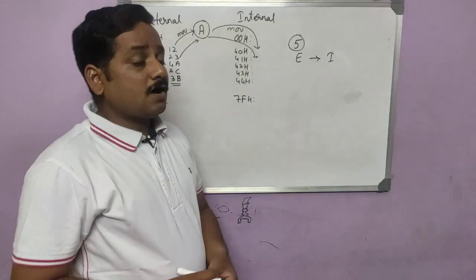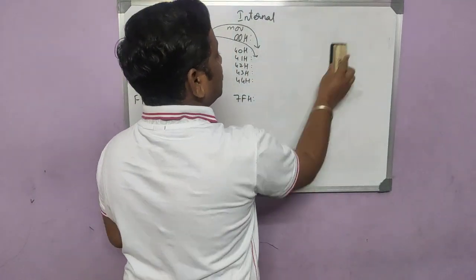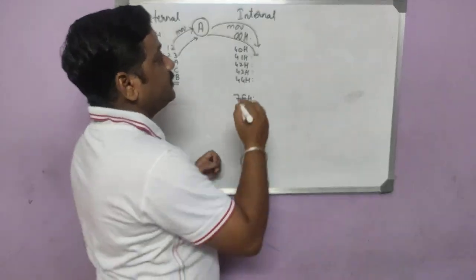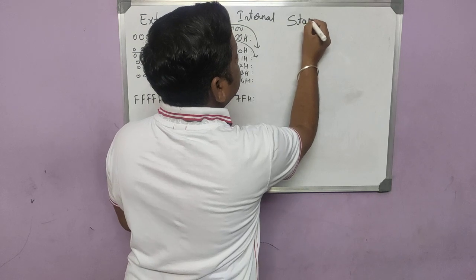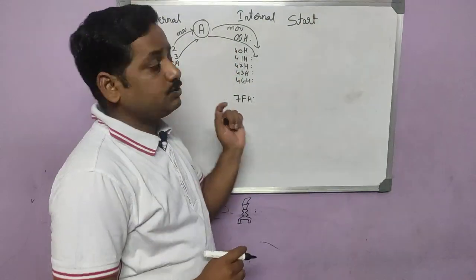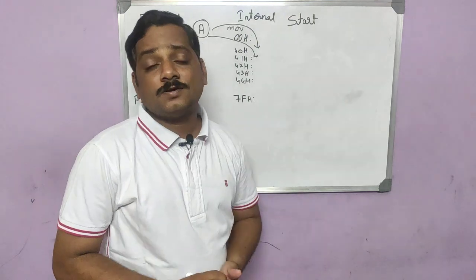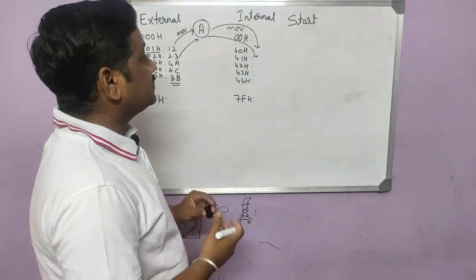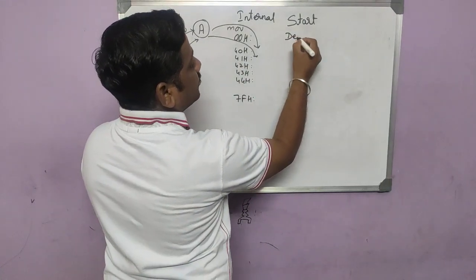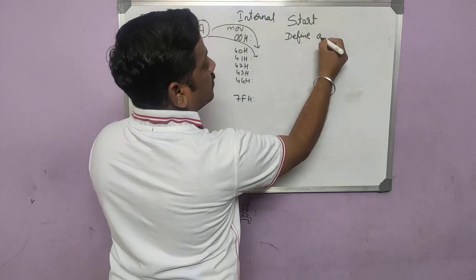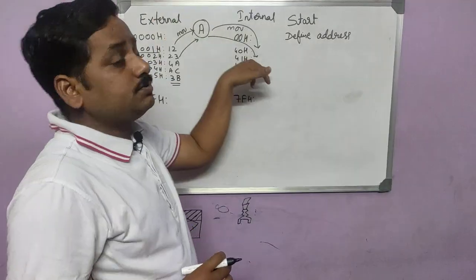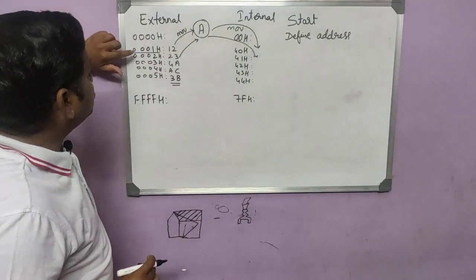Right. So now let's see how to write a program. To write a program, first let us understand the flowchart or algorithm. First thing, as in C language, you need to start the program. While writing the program, I will tell you how to start microcontroller programs. Next, you have to define the address from where I should take the data and where it has to be moved.